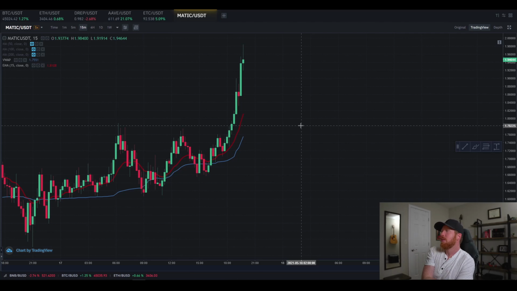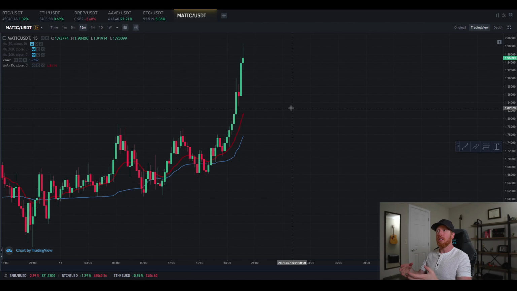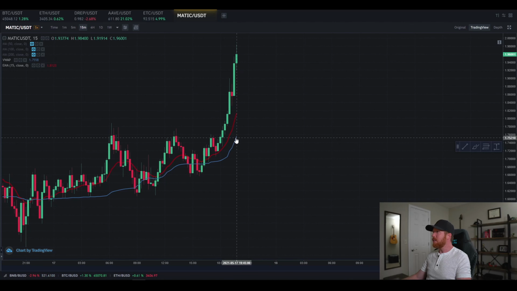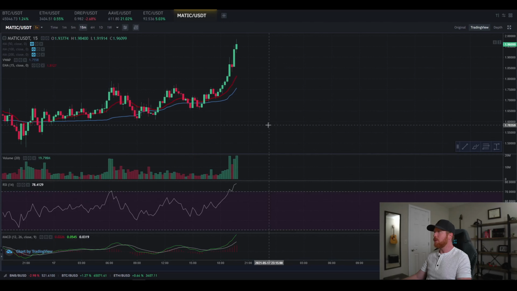And what I look for is to ensure the price is above both lines and to see if they're testing and holding. Okay. So if you're new to the channel, VWAP is the volume weighted average price. It essentially is a moving average that works as a support and resistance level based on the average volume of the last 24 hours. So it takes the volume of the last 24 hours and tells us currently, right now at this given time, the price should be $1.75. Okay. Now, with the price being so much higher than that, I'm speculating we're going to see a reversal, because